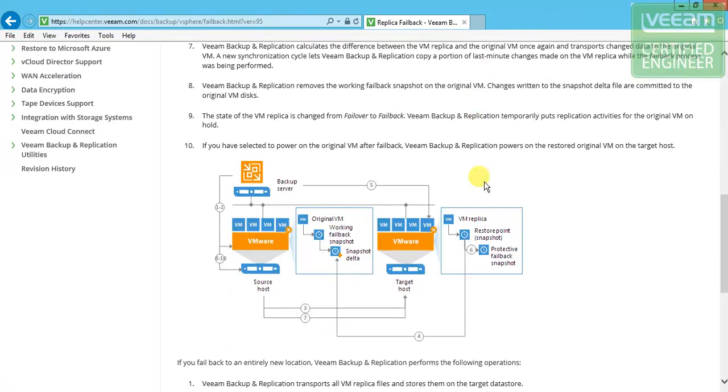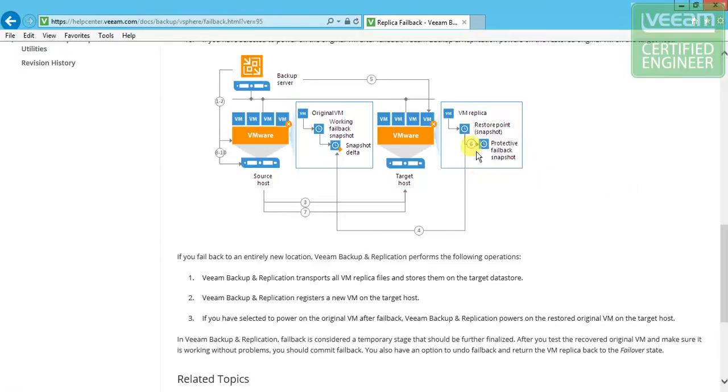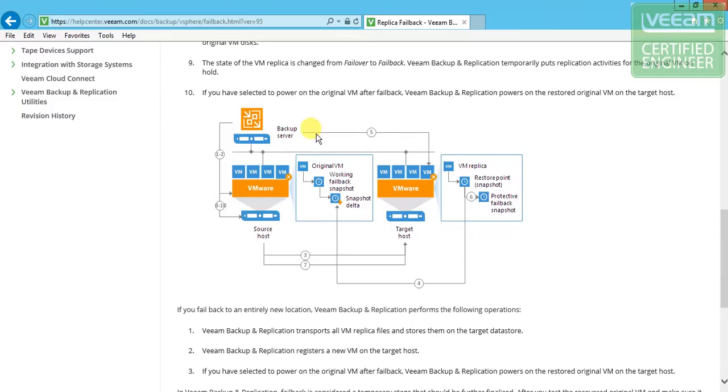But what I wanted to show you here is the diagram, which is worth 1,000 words, maybe a million words. So this was our backup server, and this was the VMware source host, and this was the original VM, the working failback snapshot. And right here, this was the VM replica, and these are the snapshots. See, they're using 6 snapshots, but we have a different snapshot. So when we did a rollback, let's say number one and two, we got